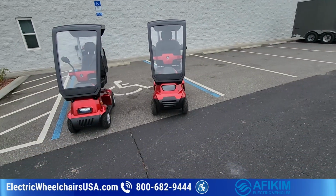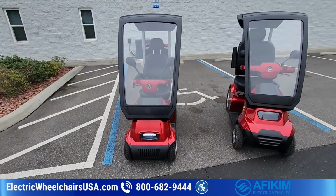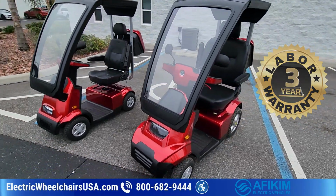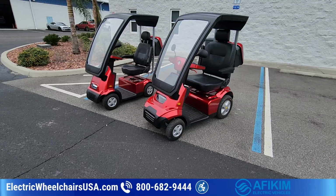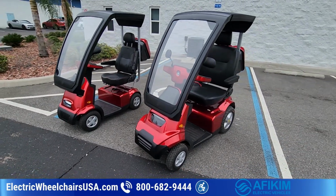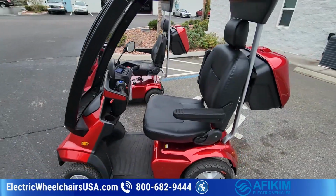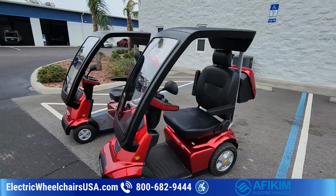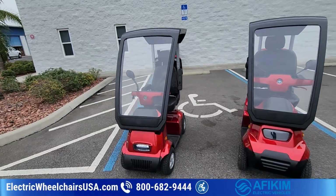They both have awesome warranties. All the Afikim models, when you work with Electric Wheelchairs USA, comes with a 3-year labor agreement, which is exclusive to us. No one else is offering that. So if anything goes wrong in the first 3 years, if they can't fix the issue by troubleshooting with you over the phone, they're going to send a technician to your home for the first 3 years. And no one else in the industry offers anything close to that. Anybody that does offer it's usually about a year. You're getting quality craftsmanship with these, and one of the best recreational scooter brands in the industry,